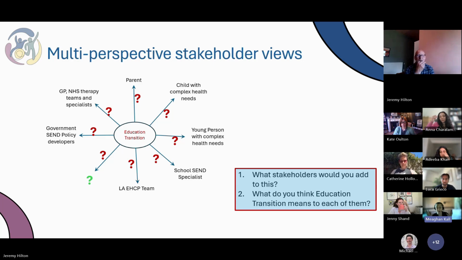And I'm thinking that when we need to describe this to our PPIE panels and our workshops and other people as well, it's actually not an education transition. It's the process of getting the quote unquote right education and support for the child or young person. That term is much more encompassing of what the whole thing is rather than just a transition, I guess. That's just my thought. So when I'm describing this, I think I will probably not use the term education transition.